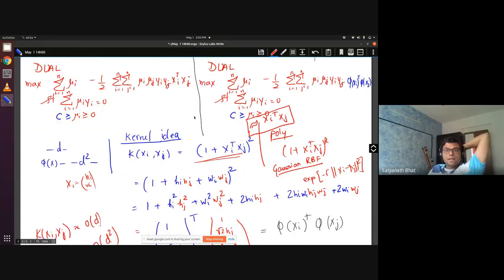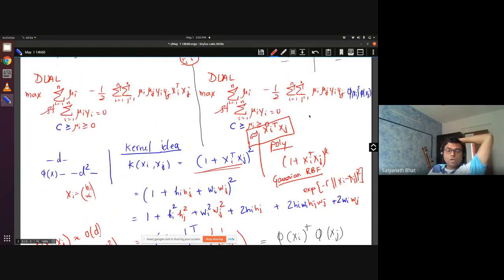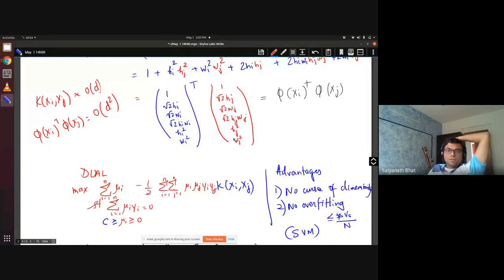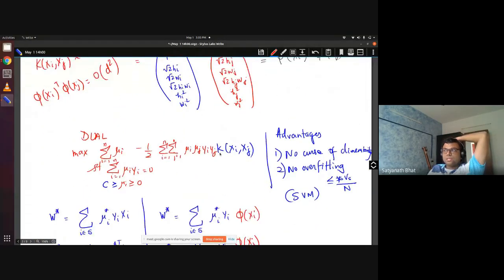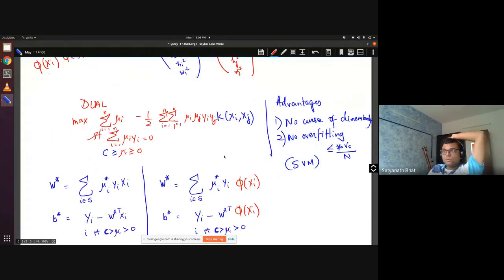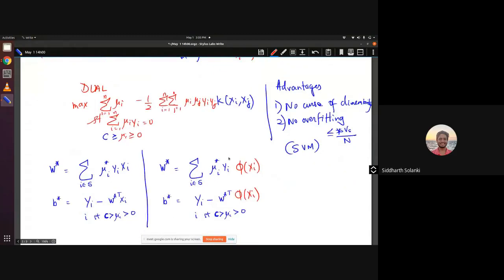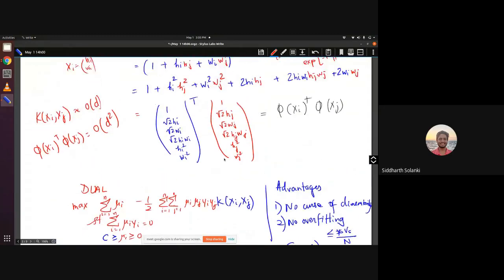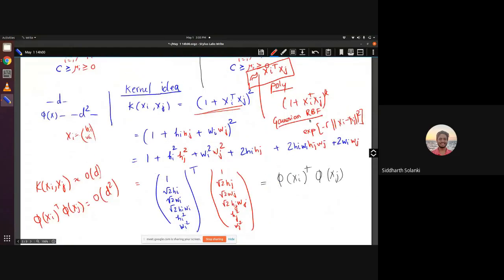Okay, and that higher dimension calculation would have been very expensive, so that we can now do away with. Okay, so Siddharth Solanki, is it clear to you now? Yes sir, now it's clear. So we actually approximated our phi of xi using this technique where we don't have to calculate that much.